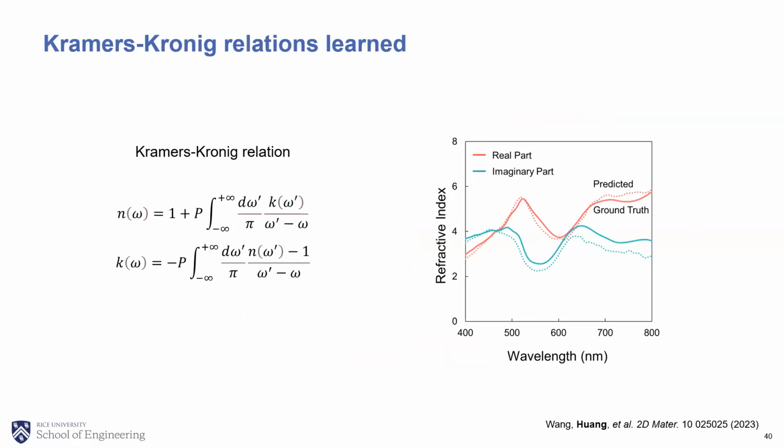So in addition, we also realized that ReflectorNet actually learns some physics. We know the N and K of a material are not independent from each other. They're related by the Kramers-Kronig relation, or the KK relation. If we know N, we can use the KK relation to calculate K. And if we know K, we can use the KK relation to calculate N. When we trained ReflectorNet, we did not provide any information about the KK relation. We simply let ReflectorNet learn both N and K. However, we actually realized it learned the KK relation.